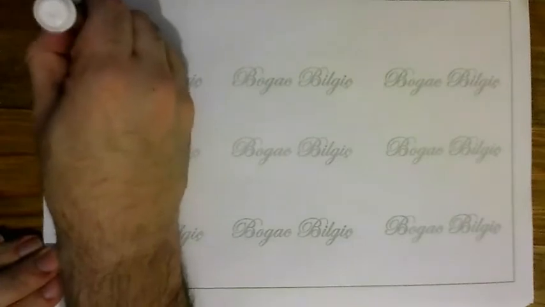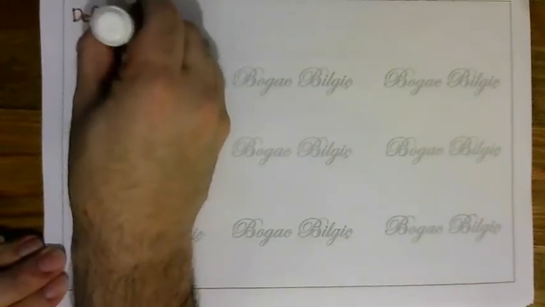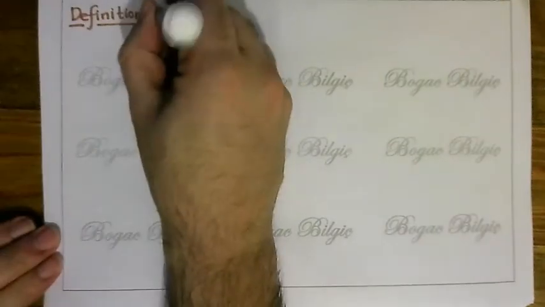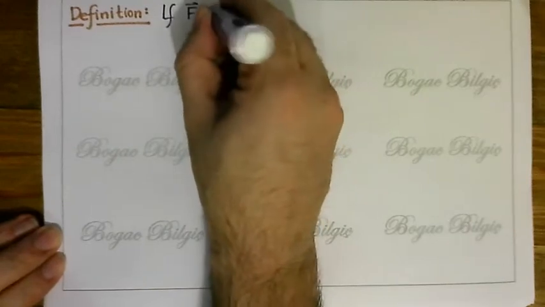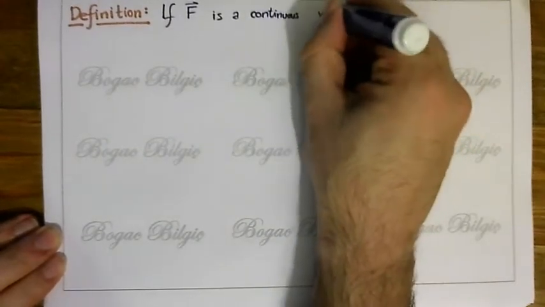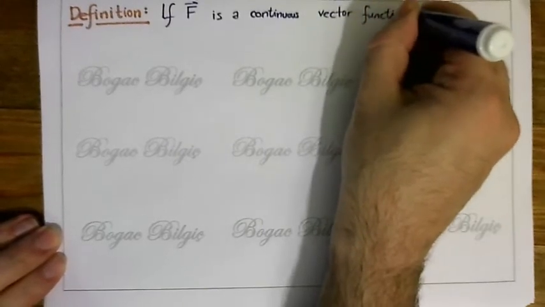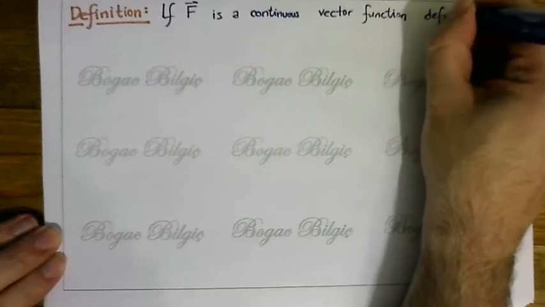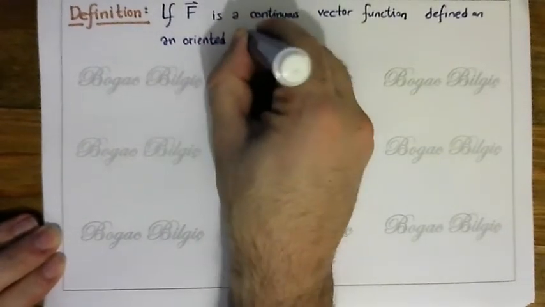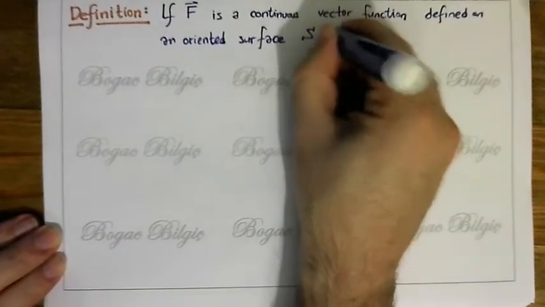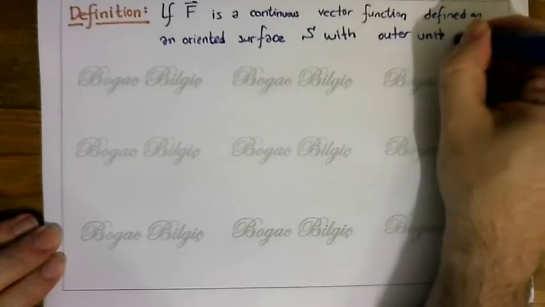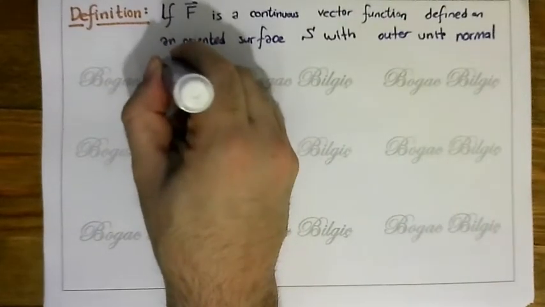Definition. If F is a continuous vector function defined on an oriented surface S with outer unit normal vector n,